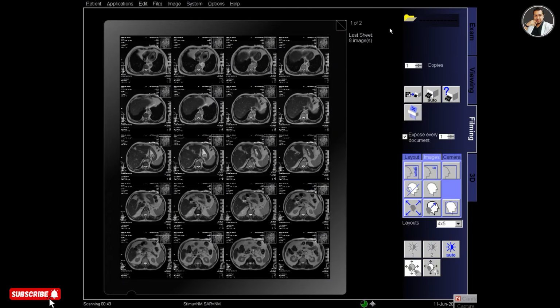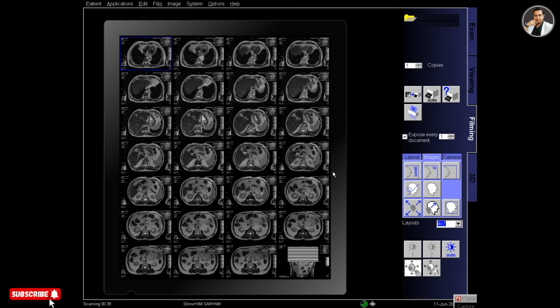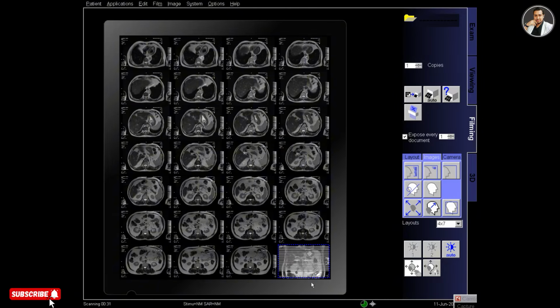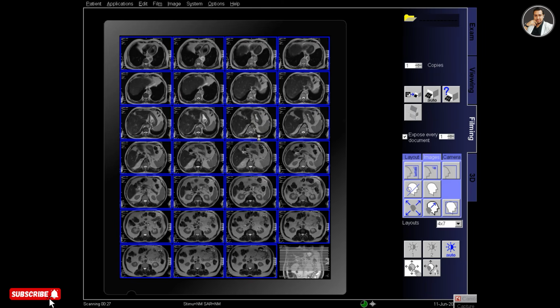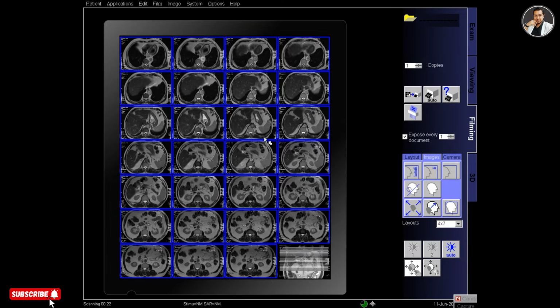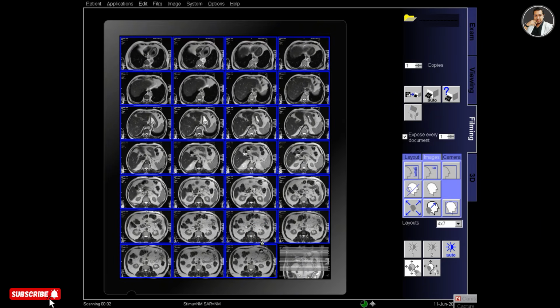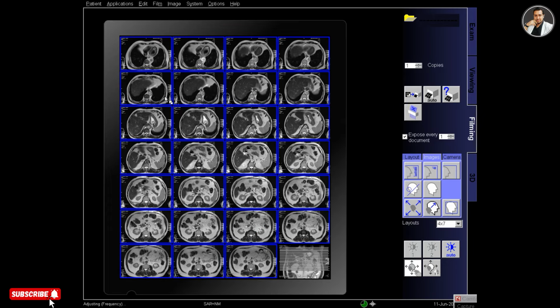And now in the filming, for the transverse image, change the film layout to 4x7 so that 28 images fit in the film, and adjust the reference image, zoom in and pan the image to the perfect position, and also zoom in the T2 transverse HASTE transverse images so that they fit perfectly in the segment. And then print out.